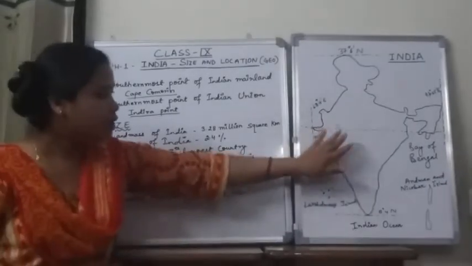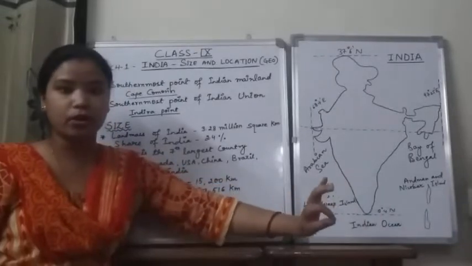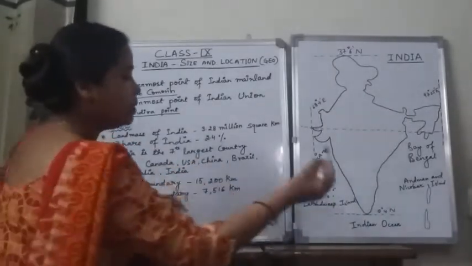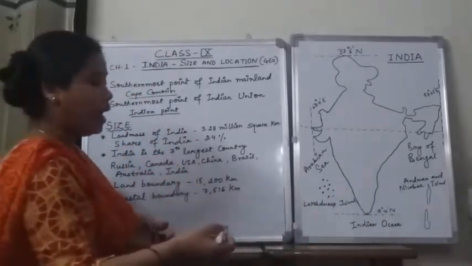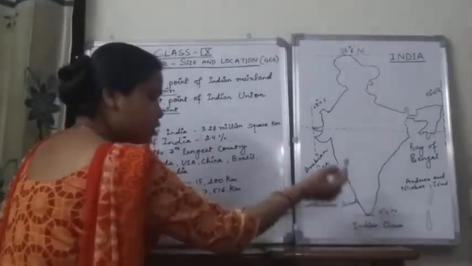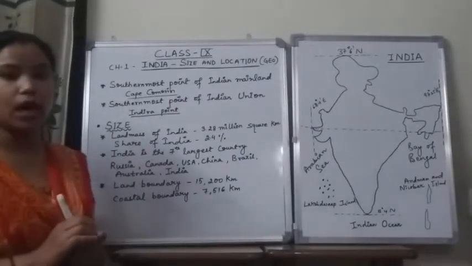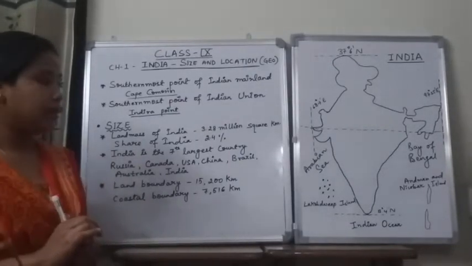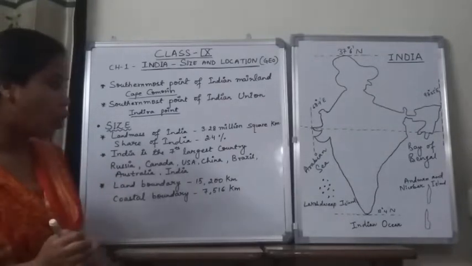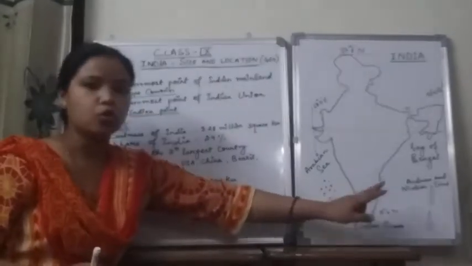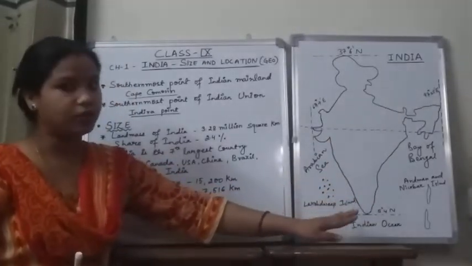So if we ask what is the southern point of the mainland of our country, that will be Cape Comorin, which is located in Kanyakumari, the coastal town of Kanyakumari. But if the question asks what is the southernmost point of the Indian Union, because both these islands are also a part of our country and they are union territories of our country,